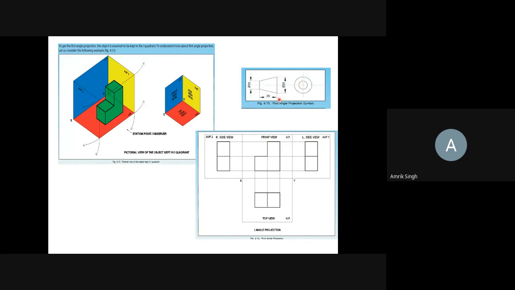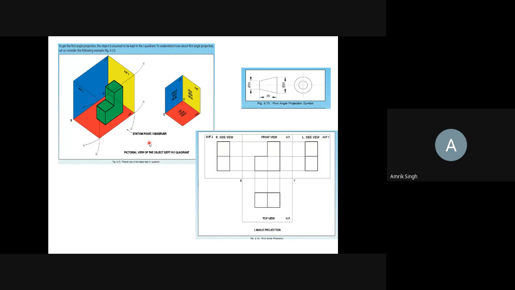It should be around 30 to 40 millimeter. If you see from this side, this will be the inner circle, and this will be the outer circle, it will be shown. Okay. So this is the first angle.